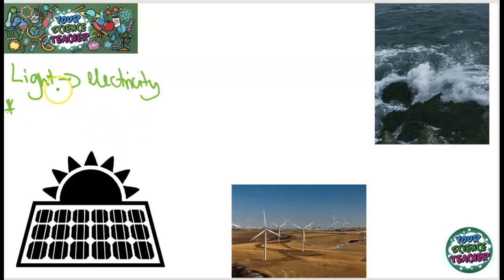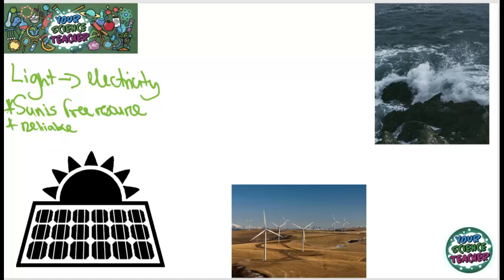As well as this, the sun is a free resource, isn't it? And it's quite reliable. In many parts of the world, it's very reliable that there is going to be some light throughout the day. Only at the poles, really, is it likely that you're not going to get some form of sunlight.